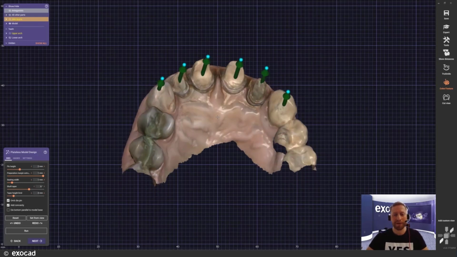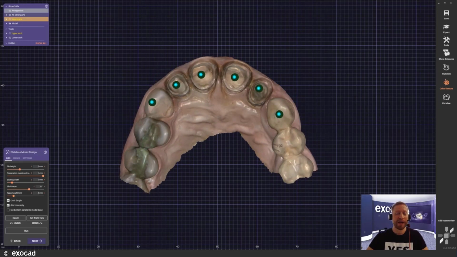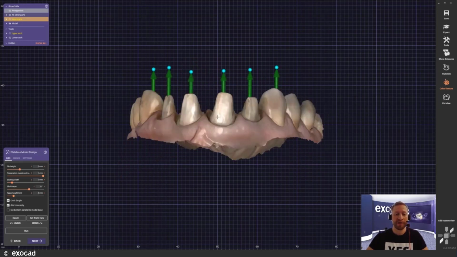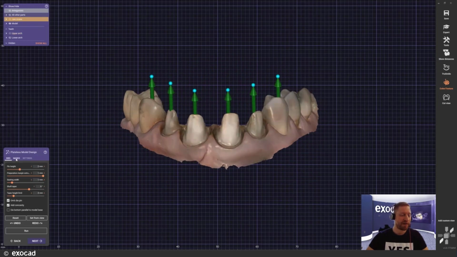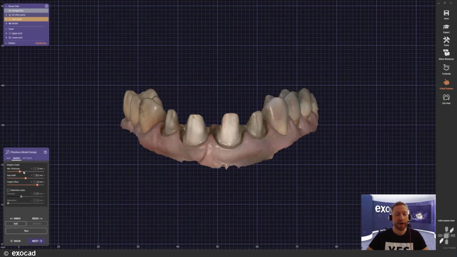So we go with this setup. I'm very fine with that. And here I want to show you another feature. It's the gingiva mask. For that, we have a different category here. I'm just gonna choose it. You can set up your parameters for the gingiva mask as you want to. That's absolutely up to you and your own personal preferences.